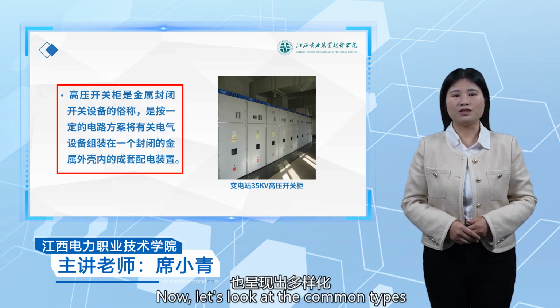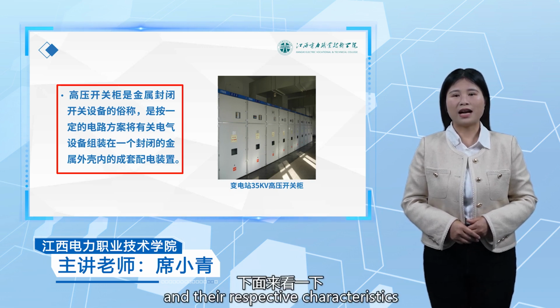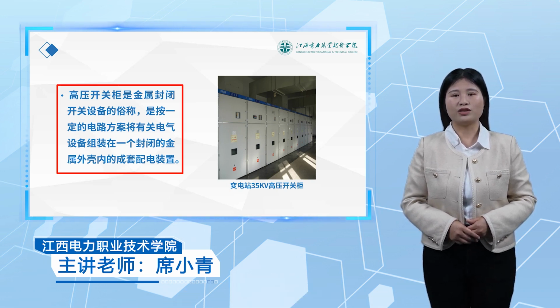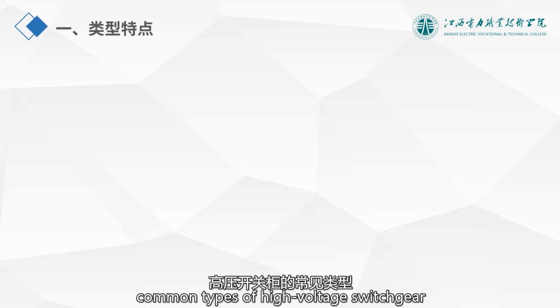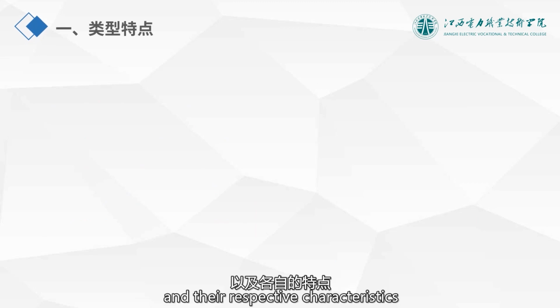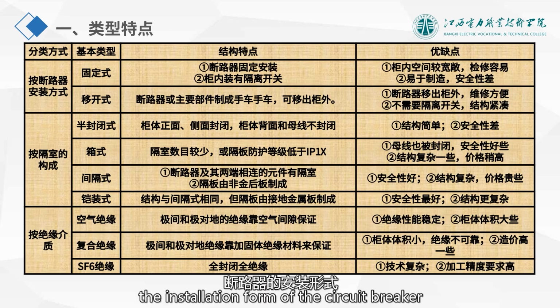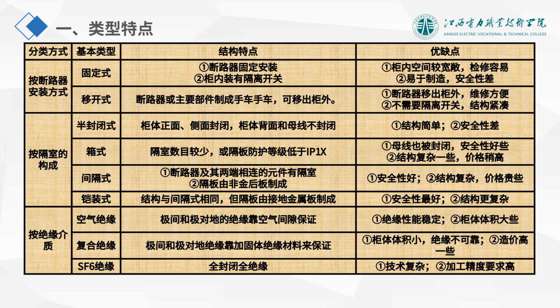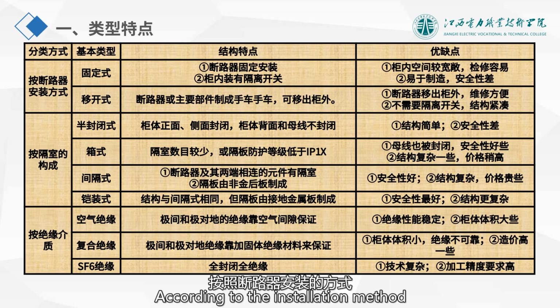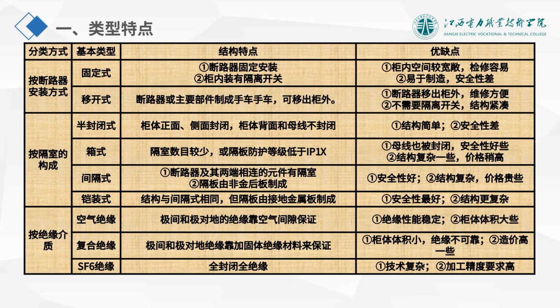Now, let's look at the common types of high voltage switchgear and their respective characteristics. Common classifications of high voltage switchgear and their structural characteristics are shown in the table. It can be classified according to the installation form of the circuit breaker, the composition of compartments, and the insulation medium for classification. According to the installation method of the circuit breaker, they can be divided into fixed type and